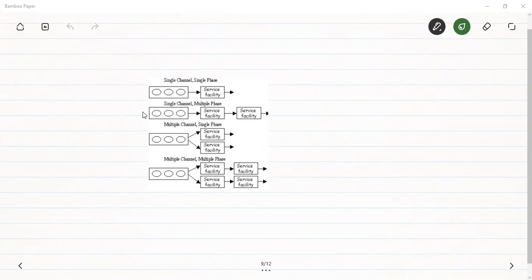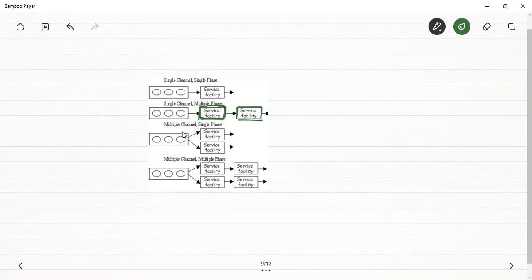So the people in the queue, first of all, they have to pass through a section where they are going to get a service from the first facility. There is an officer associated with the ATM facility. He is going to get the service from this facility, and after that he is going to get the service from the bank manager. So in the earlier case there was a single channel and single phase. Here there is a single channel but multiple phases, that is, he has to get the service at multiple locations.